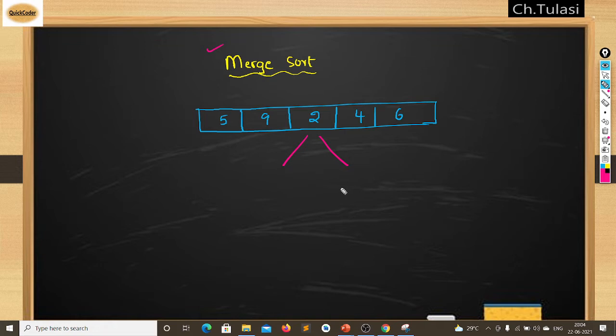I'm not showing this theoretically, because theoretically you can understand, but the main theme is that you want to understand merge sort using the recursive solution, and also implement that same recursive solution whenever it is needed in some other problem. That's the reason I want to explain it practically. Okay, so let's start.